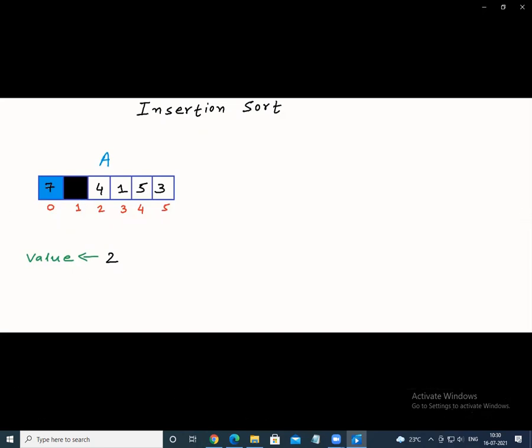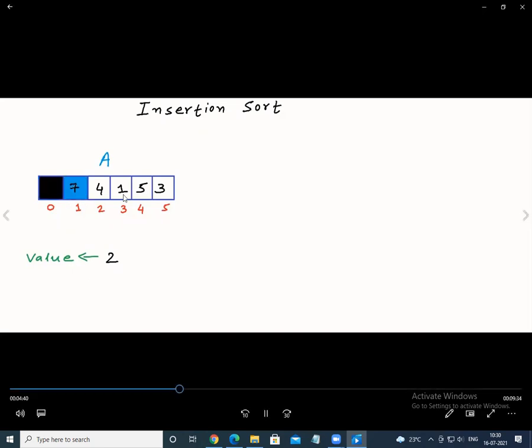We'll shift all the elements greater than 2 to the right. So 7 will be put on the right hand side, and a of 0 will be filled with the 2. Now we assume that 2 has been filled into a of 0.